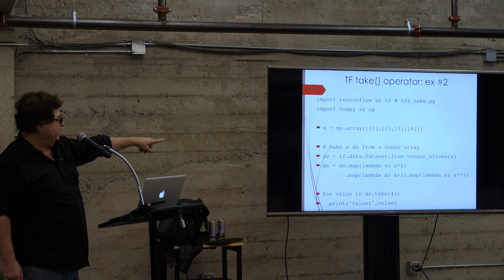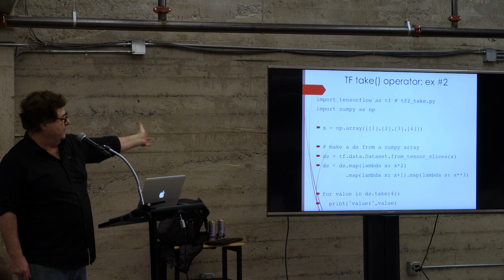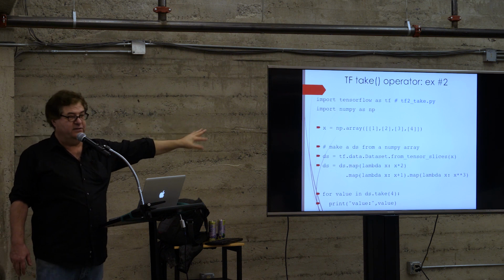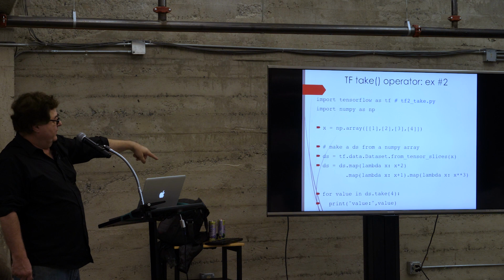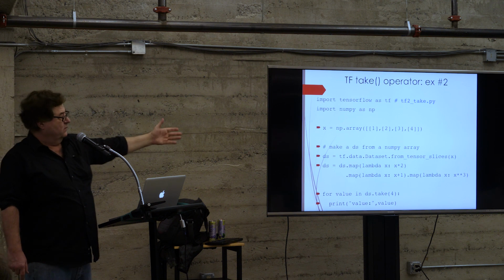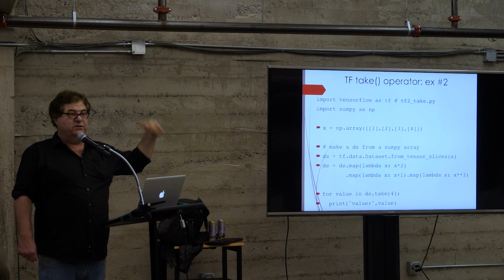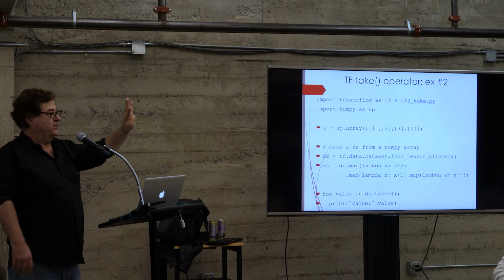Now, in this example, we're doing that same thing that I was telling you about. I kind of half did it the way I was describing it, not completely. And now here, for value in ds take 4, well, it doesn't really change anything from just having ds, because there are only 4 outputs. Taking take 4 is kind of redundant. As I mentioned before, if the number you specify is more than the output set, it's only going to take the number that's there. If it's fewer, it's going to take fewer. And regardless of what you specify, you're not going to get an error. You'll get just whatever it can accomplish successfully.